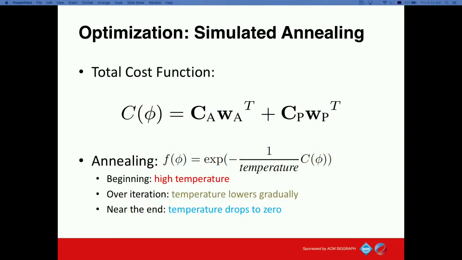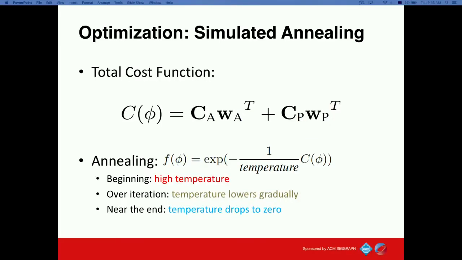As I mentioned, to efficiently explore the solution space, we applied the simulated annealing technique to the optimization. At the beginning, we set a high temperature to allow the sampler to more aggressively explore the solution space. Over iterations, the temperature is gradually decreased. Near the end, the temperature drops to 0, which allows the sampler to refine the solution.